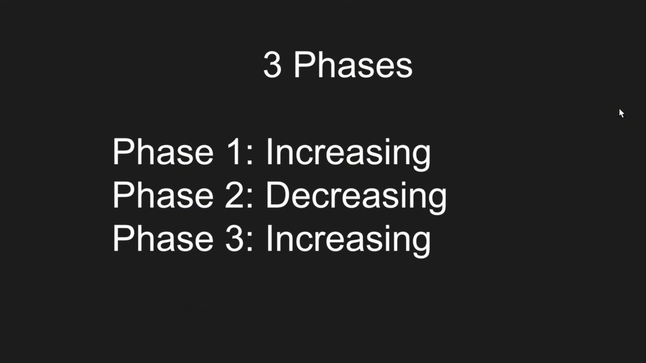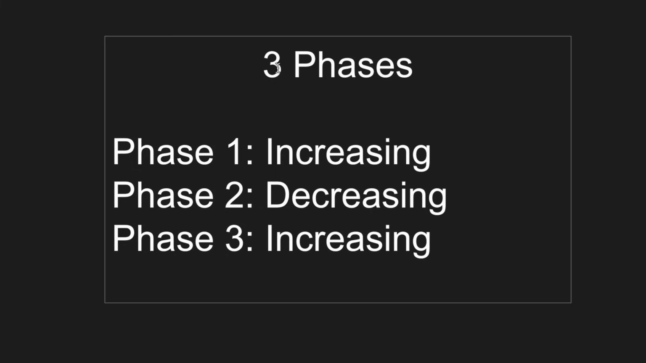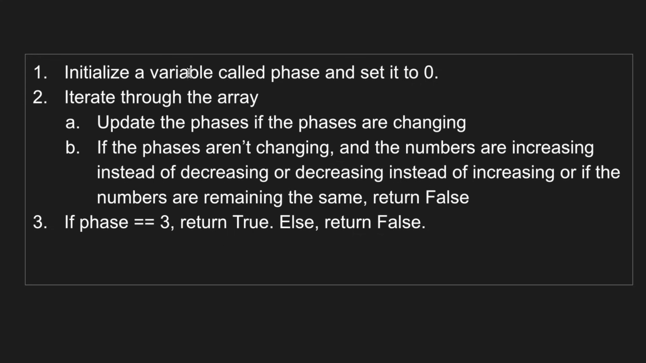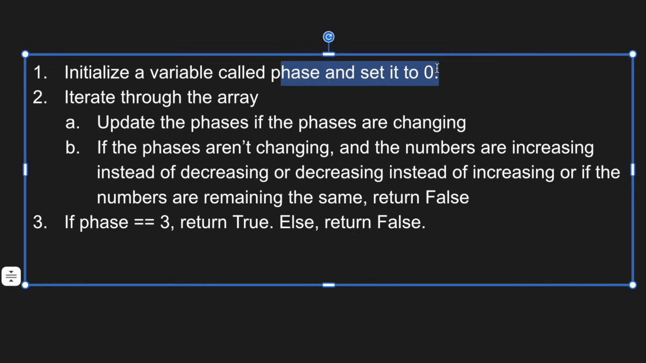So now that we have seen some examples, let's get to how we can solve this problem. To solve this problem, we should acknowledge that there will be three phases. The first phase should be increasing, the second phase of the array should be decreasing, and finally, in the end of the array, or the third phase, it should be increasing again. So we can initialize a variable called phase, set it to 0, and iterate through the array, updating the phase if the phases are changing. Now, if the phases are not changing, and the numbers are increasing instead of decreasing, or decreasing instead of increasing, or if the numbers are remaining the same, since we want them to be strictly increasing or strictly decreasing,